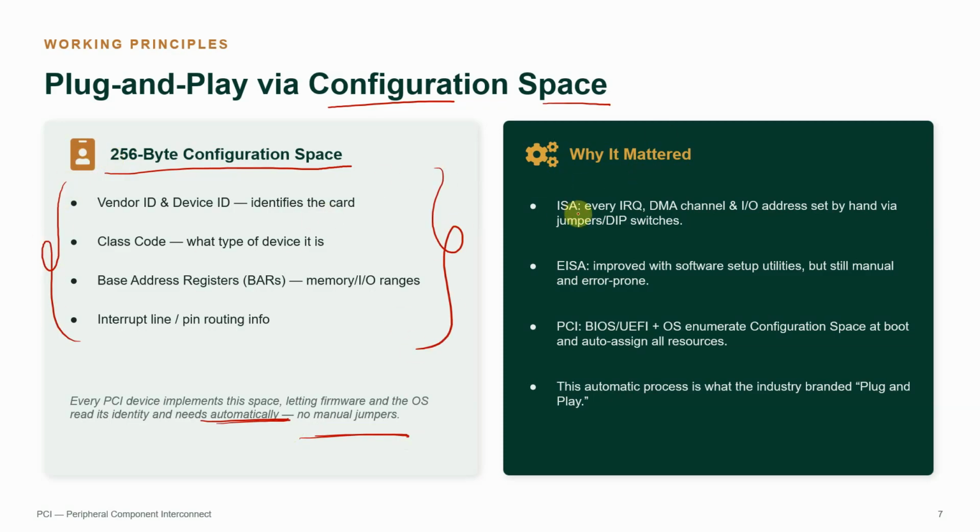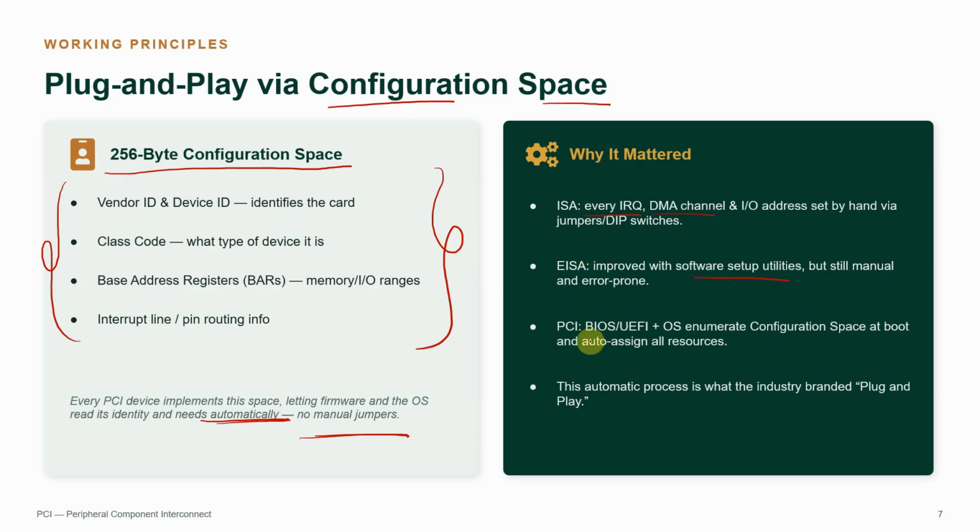And why it matters: in the case of ISA we have already seen that every interrupt, DMA channel, and input output address was set by hand via jumpers or DIP switches. In the case of EISA, it was improved with software setup, but still it is manual and error prone. And in the case of PCI, I'm going to use my